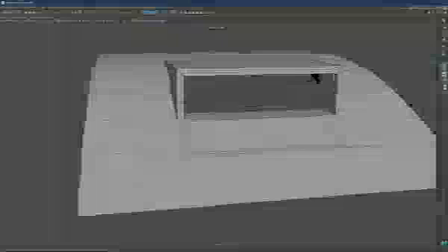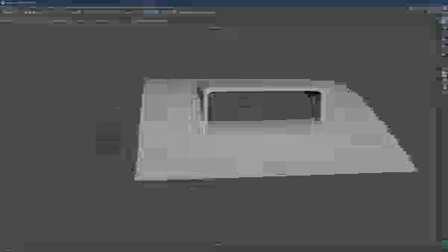So maybe if we would just go ahead, I'm just going to demonstrate real quick. Don't do this. I just want to demonstrate how it would look if we would just apply edges like so. So it will be more of a sharper bevel here. So what we need to do is exactly the same thing, except not add edges all across the surface like so. This is something that we are not doing.